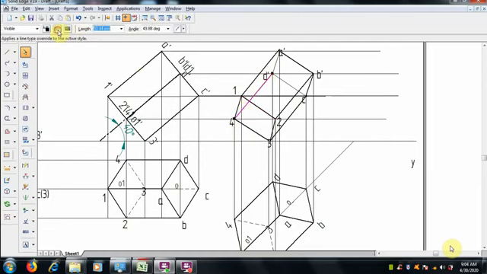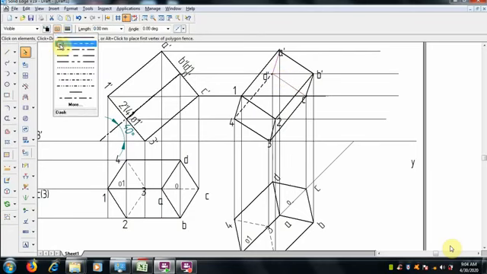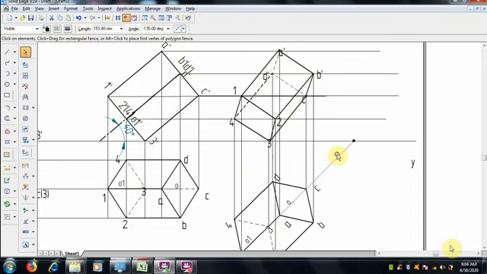When a line crosses a base, that is a full face, it should be hidden. So the edge 4D, when it crosses the face, it is hidden. Here like this, which crosses, we have to make it a hidden line.